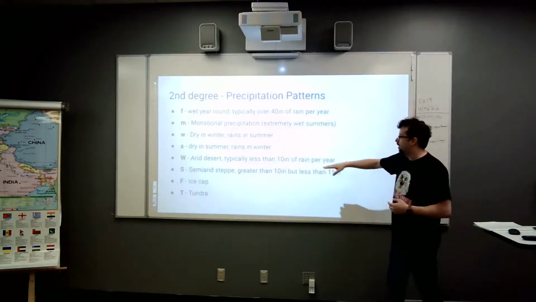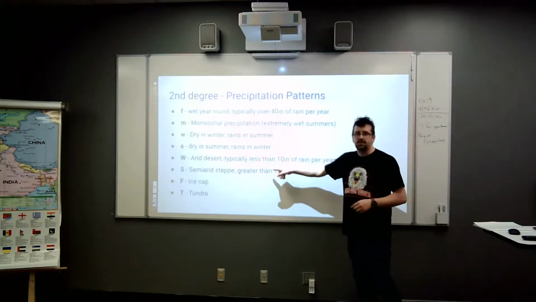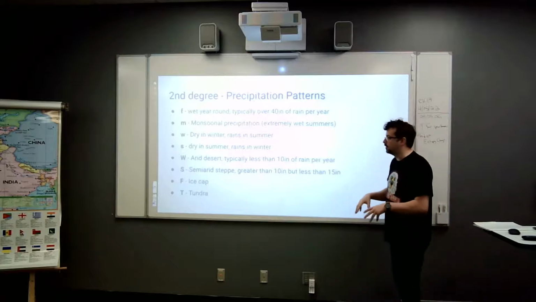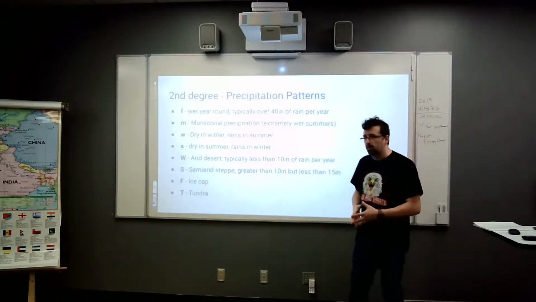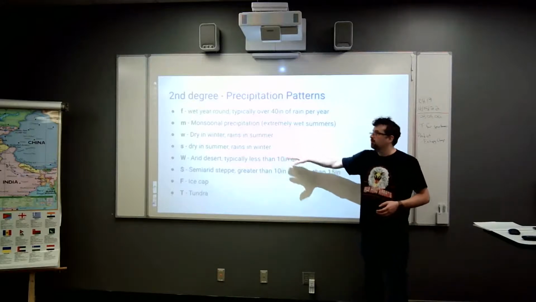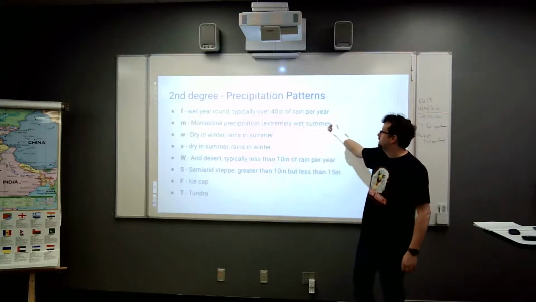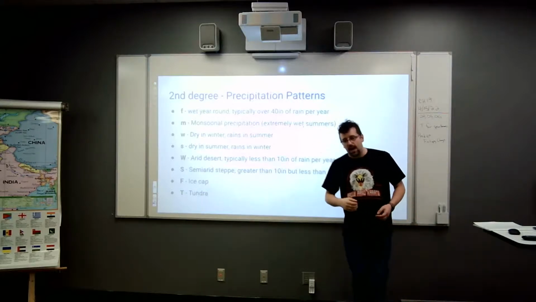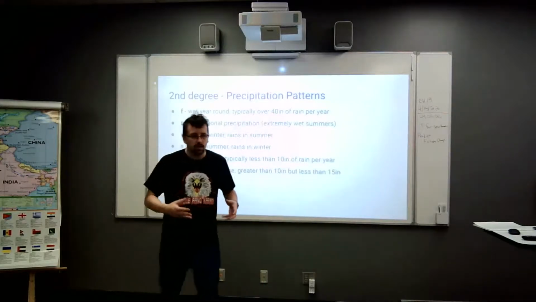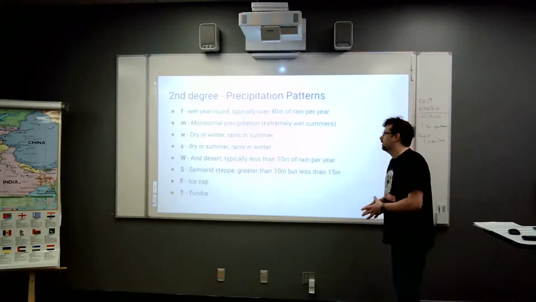But you notice that we start to get into some conditions here. We have some conditional letters here that you have to look at the chart or the data you're working with, and figure out where these rainfall totals are. Okay? And you will see that we have over 40. So it's wet year round, typically over 40. That typically happens in equatorial regions because it's typically very wet, especially around South America or parts of Indonesia, Oceania,